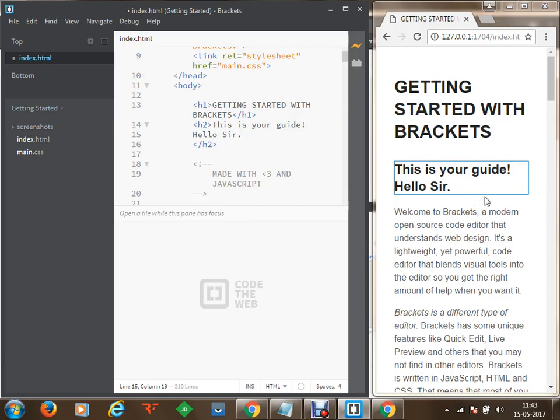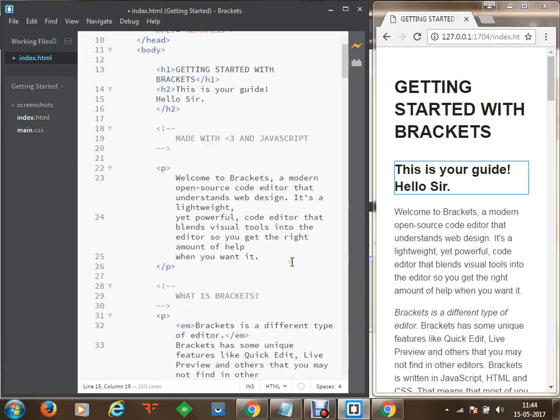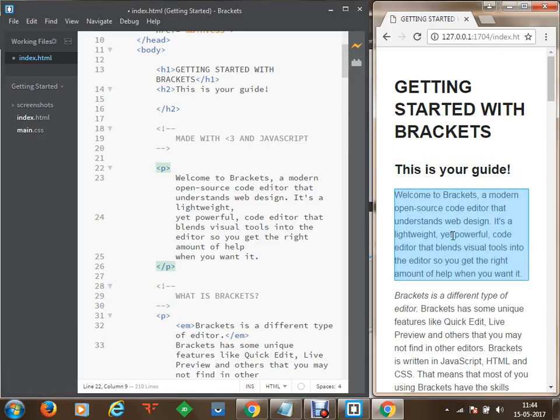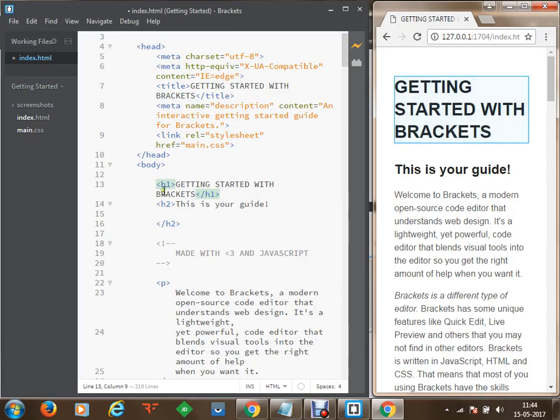So you need not save it and run your application again and again and then browse to a browser. A live preview for this UI is available. So now in real time, you can update your application, and whatever changes you make to your web application are quickly displayed on the live preview. Now what next we have to do? If you select any of the paragraphs or any of the titles, they will be automatically selected and you will identify which section you have clicked and which section you would like to update. So this is the benefit of Brackets.